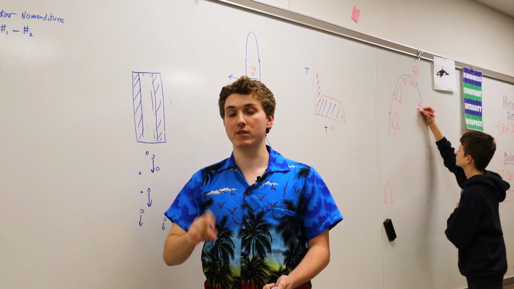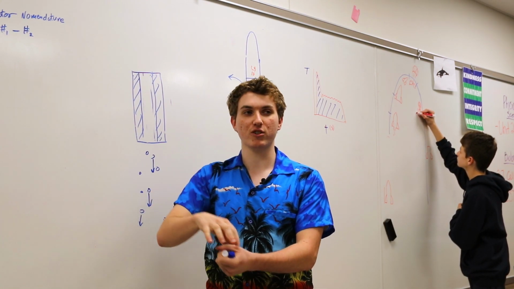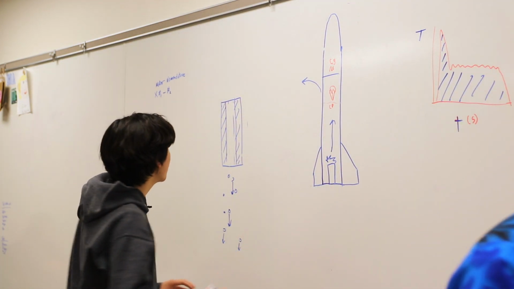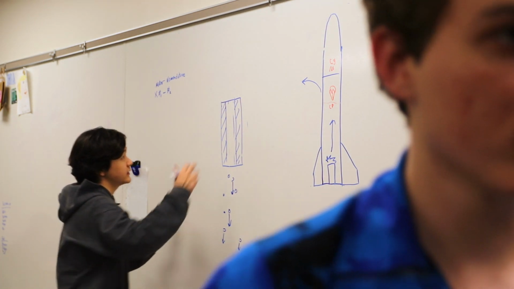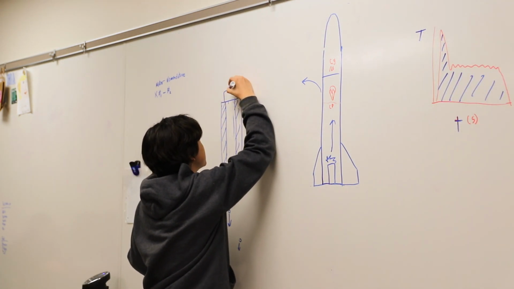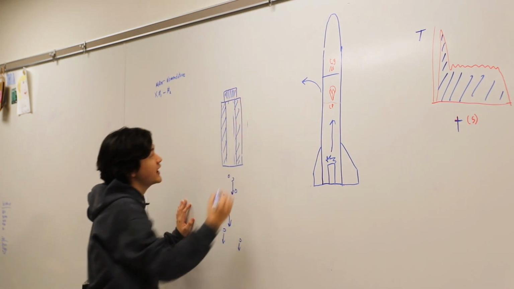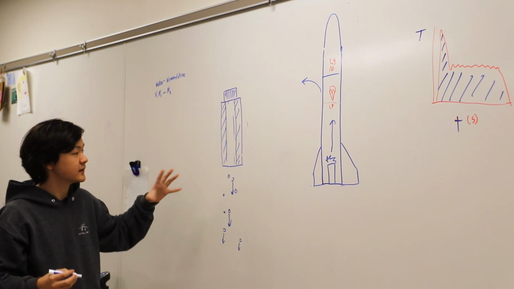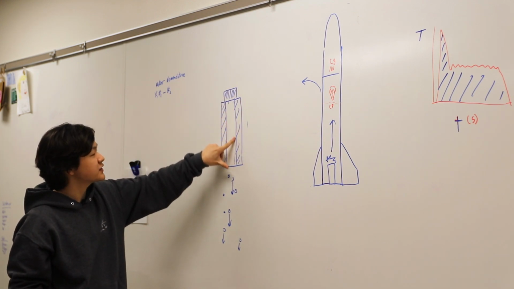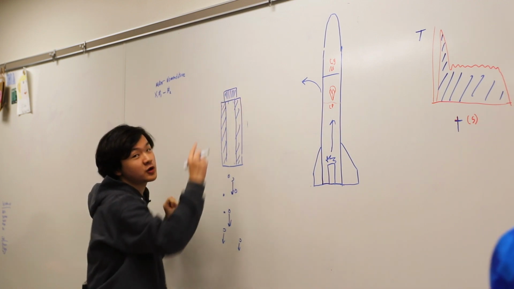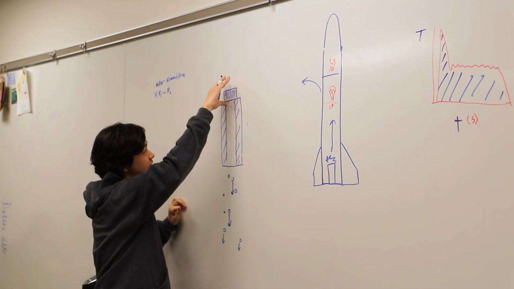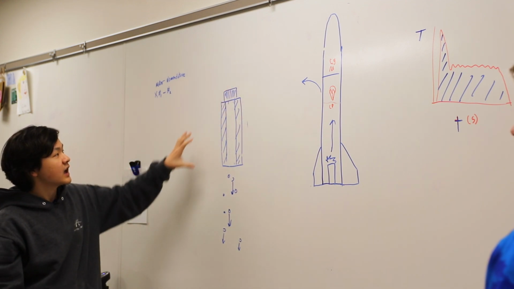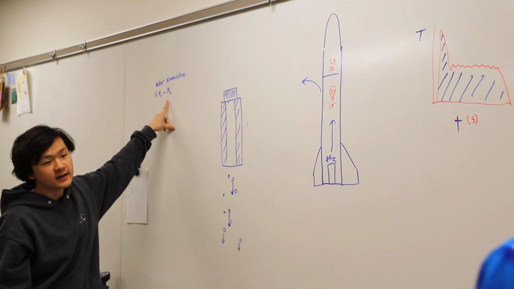Actually, no, it's after the motor is lit until there's the ejection charge and the rocket separates. So basically, at the top of a motor here, there's a little section, and there's a little bit of material that gets burnt after it gets lit. When it starts to burn, this part also starts to burn, but a little slowly. And so the height of this little section can control basically how long it is before the ejection